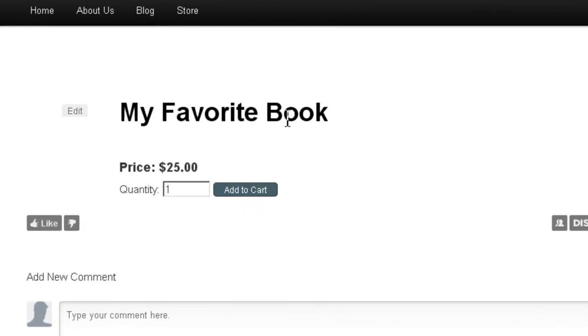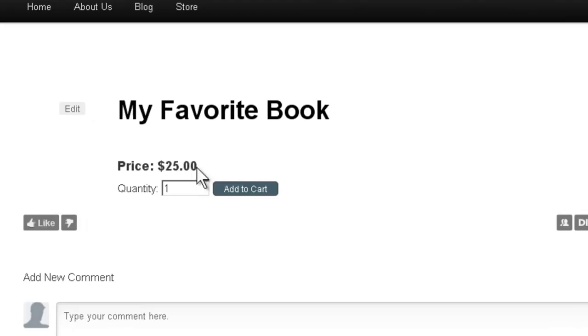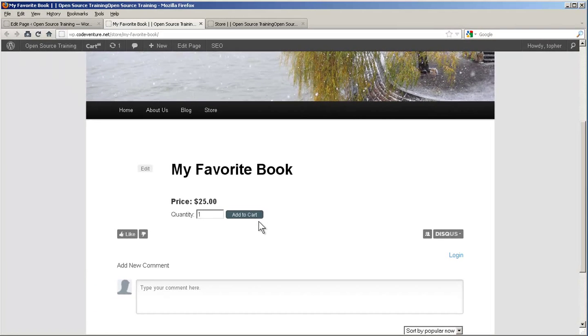There's our product title, our price, the optional quantity box, and the Add to Cart button. Now at this point, this page looks pretty boring. There's no description, there's no image. However, if we go back to the edit page for this product,